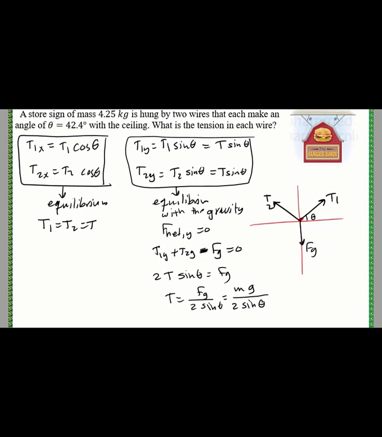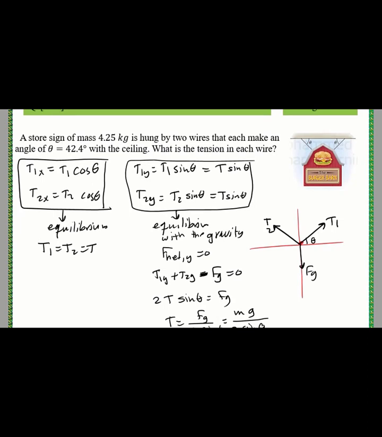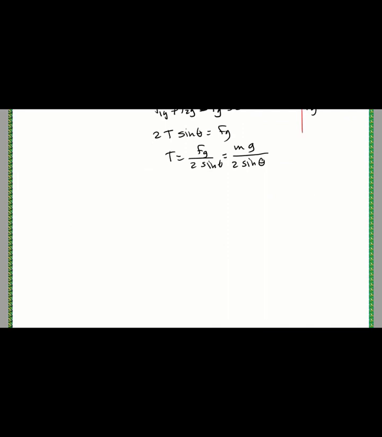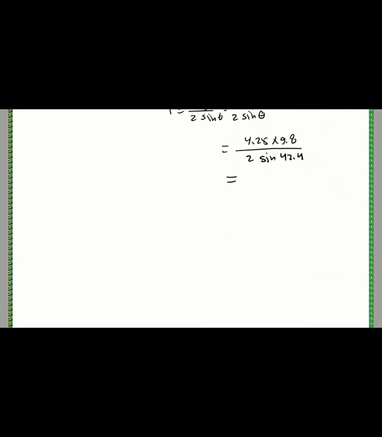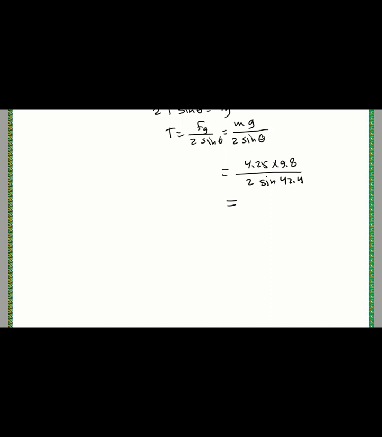The angle is 42.4 and the mass is 4.25. So 4.25 times 9.8 over 2 sine 42.4, and you can easily find this answer. 4.25 multiplied by 9.8 divided by 2 sine 42.4. Anyway,